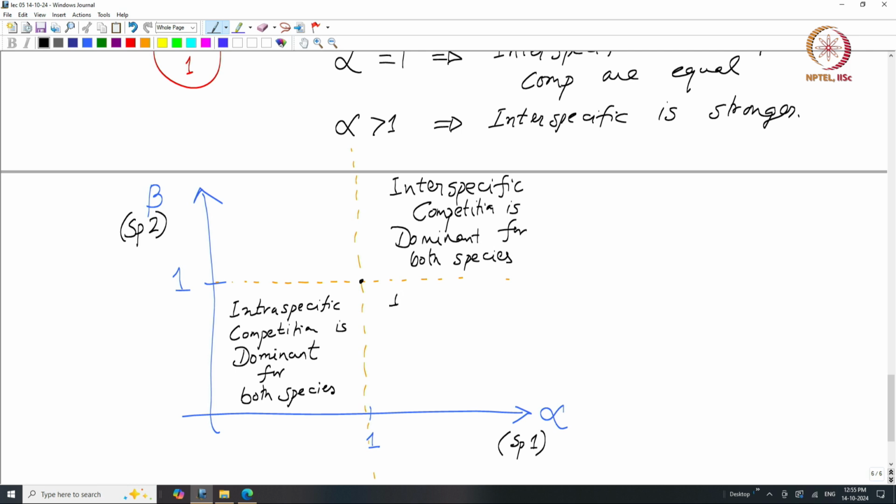That means that interspecific competition is dominant only for S1. On the other hand, if I go to the left top here, interspecific competition